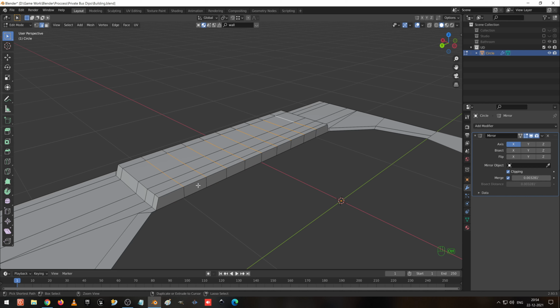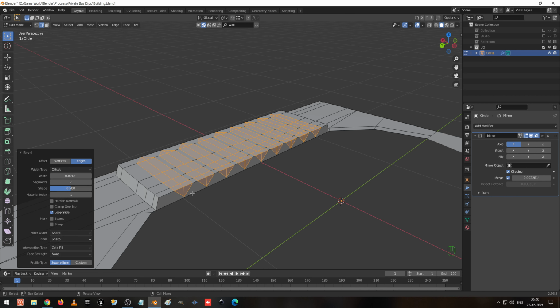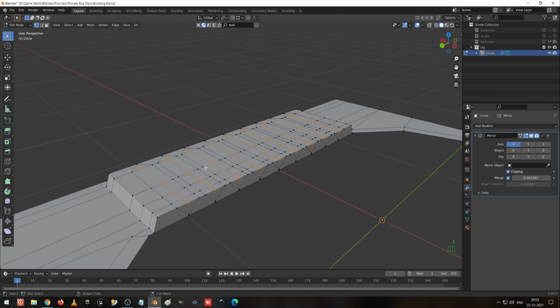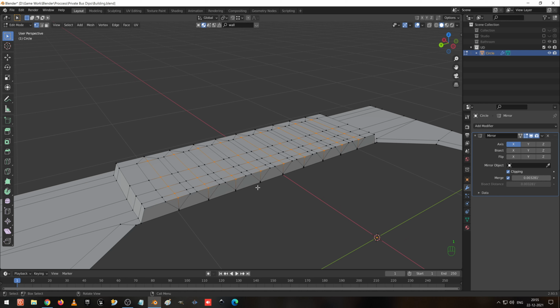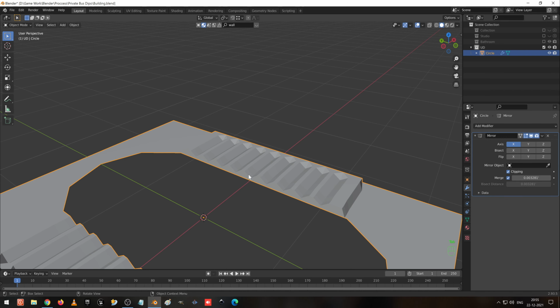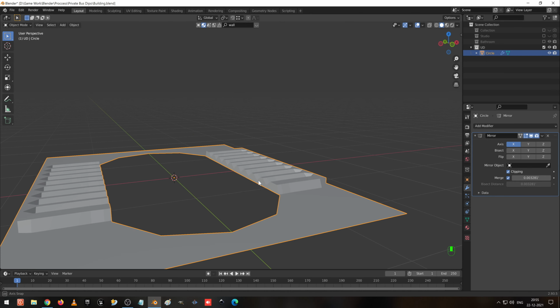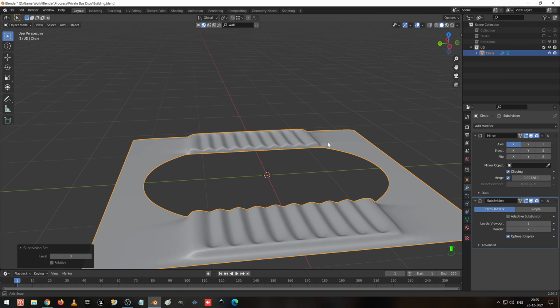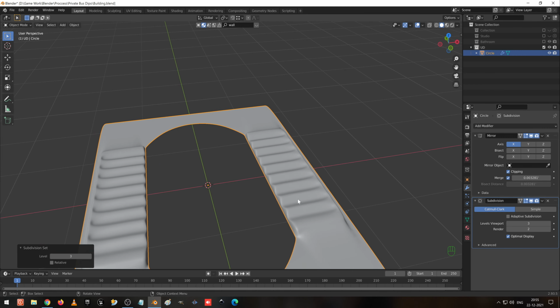And press Ctrl B to bevel, so you can bevel it and add a loop cut there. So I make it this much big, and I press Ctrl minus to select like this. Go to the vertex selection with 1 on the keyboard, and G Z to move it towards the Z axis, and I go to object mode. I press Ctrl 3 to bevel. So now we have got a good design for this step, which looks nice.